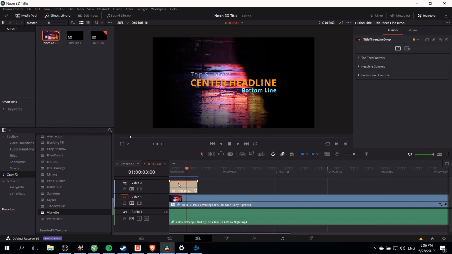So if we click on our title, you'll notice that some of the Fusion settings are exposed to us inside of the Edit tab inspectors. So we can change things like the font, or the text that is being written inside of each of the text boxes. But I'd like to show a little bit more in this video about how you would do that